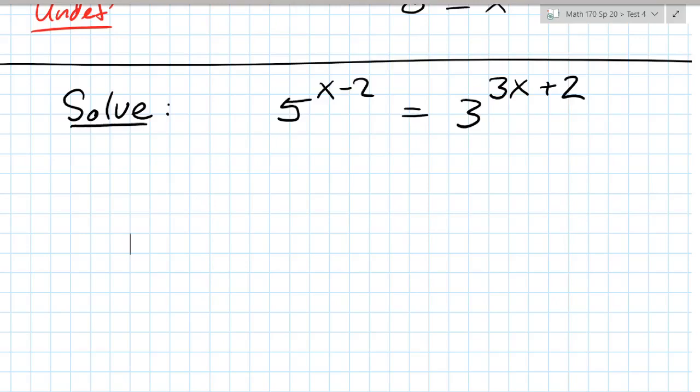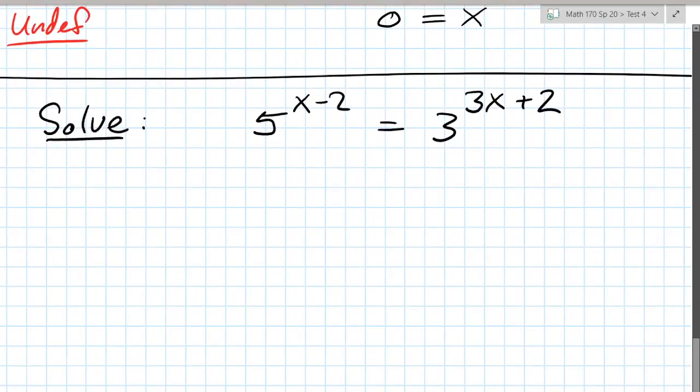This next example looks like an exponential function. So our usual goal for exponential functions is to match the bases and then equate the powers. Since this is not going to work on this problem, 5 can't conveniently be written as 3 to a power, we can instead use the log rule where we can